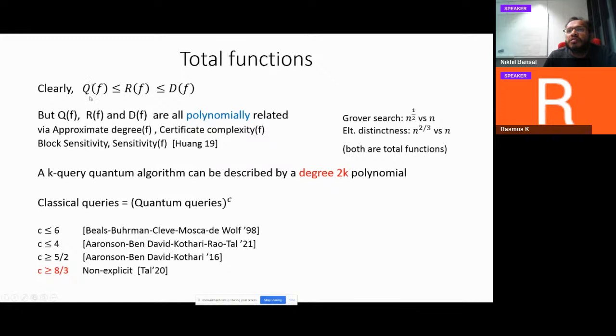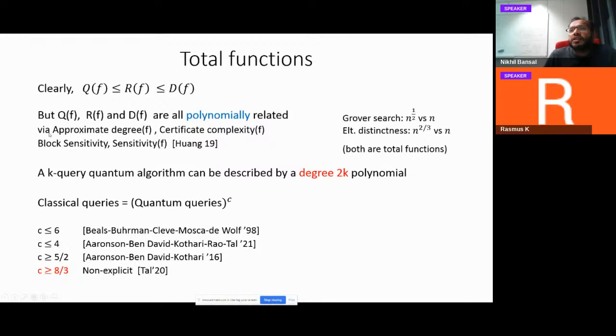So in general, if we look at these three complexities, the quantum query complexity of a function, the randomized complexity, and the deterministic complexity, now clearly this is the order of them for any function. But it turns out if you have total functions, all these quantities are polynomially related. And one reason is,